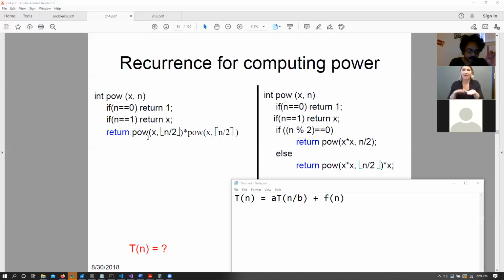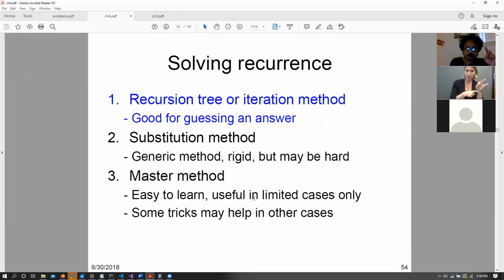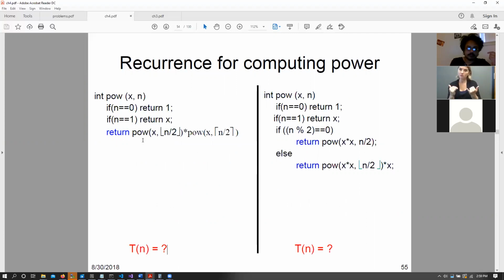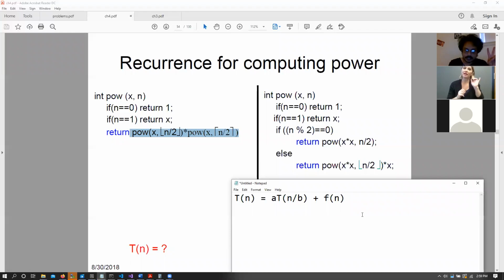So yes, everyone is sort of correct. So let's take the first function here. Now we have our base cases. Let's forget about our base cases for now. We have this particular thing where we are calling our own function twice. That should give you an indication that we are dividing our problem into two parts and then combining them. So we have 2 times something here. And then we are calling this function with x of n by 2 and x of n by 2.